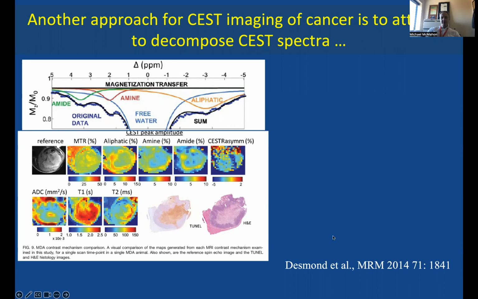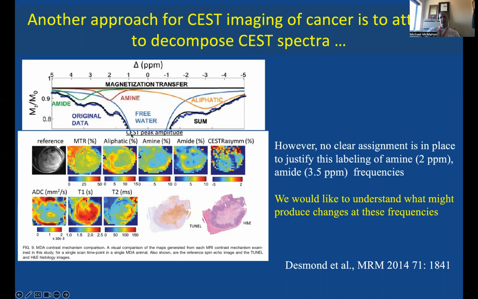And so this was published back in 2014, that not only would amide proton contrast display the tumors nicely, but they had these additional features. However, this is not a clear assignment to justify exactly what compound is associated with the amine, amide, and aliphatic